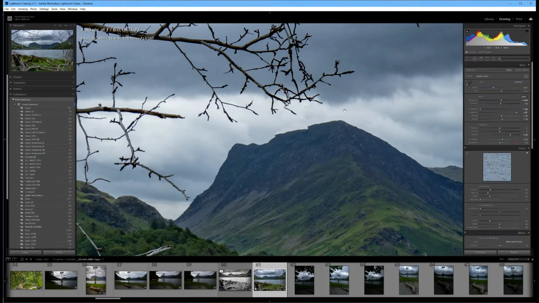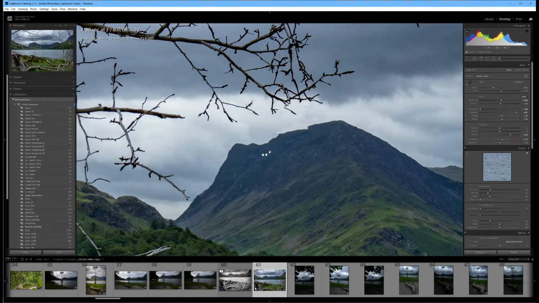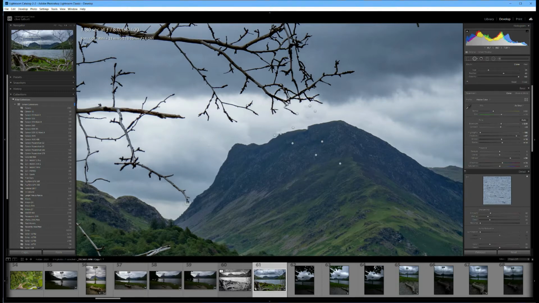That's looking better. Now I will deal with that tiny little bit of ridge there that's not quite where I want it to be, so let's find a piece of suitable edge. Now that's looking pretty good. We zoomed right in, so by the time we zoom out again, that's not going to look too bad. I'm just going to take a piece of that branch off there as well, because it's getting a little bit too close to the mountain for my liking, so I'll just trim it back up to here